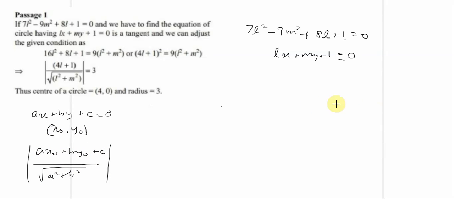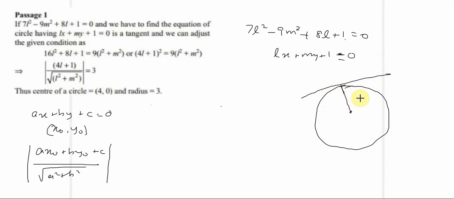Now another concept being used here is that if you have a circle and you have a tangent there, the distance from the center to the tangent is the minimum distance from the center to anywhere on the tangent. So this distance is the minimum. You can know that just by intuition. Also there are proofs to that, and it's very important that you notice this for many competitive exams.